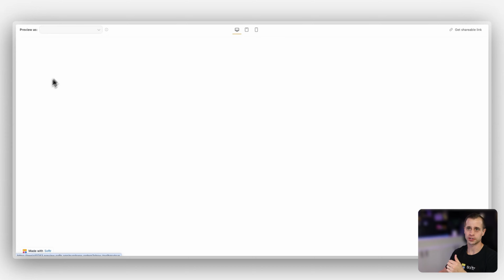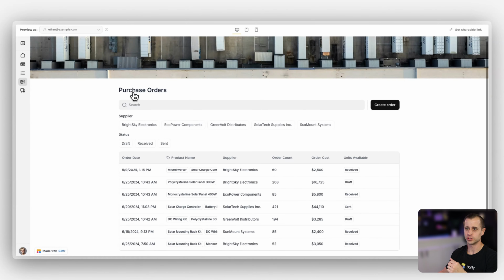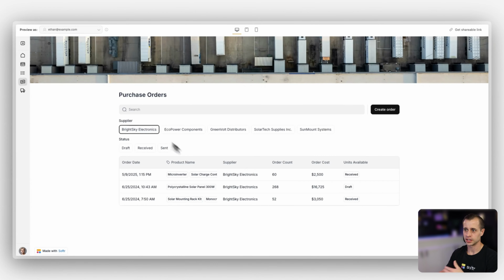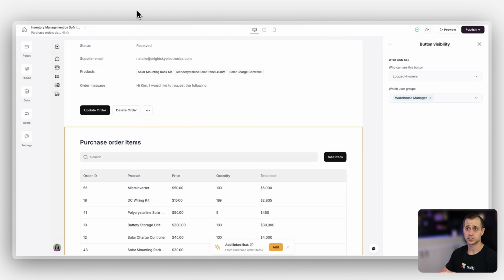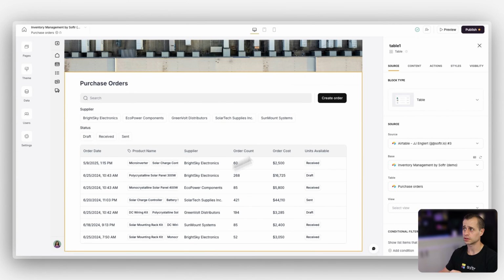If we go back to our purchase orders, we have this really cool experience. You can filter it. You can create new orders. When you create new orders, it's going to bring you to that detail page, and so many other things. I will say one other thing because I haven't shown you yet. Right now, if I want to click on this, we actually haven't set up any kind of item on click actions. So if I go back to my purchase order page, I click into here,